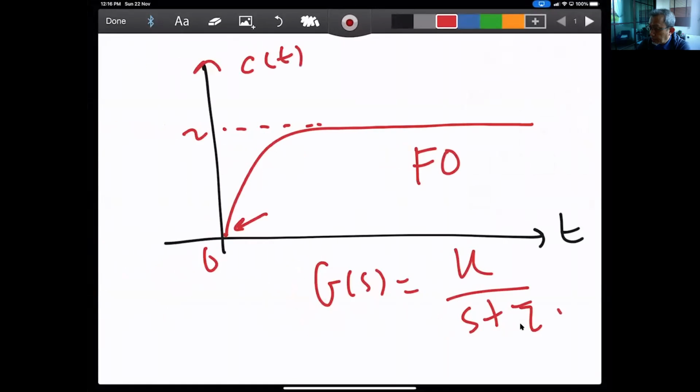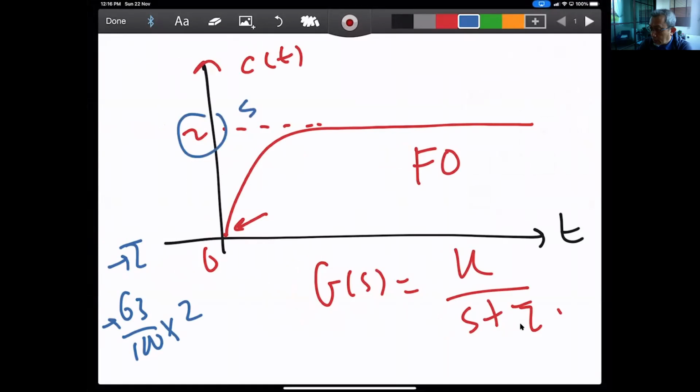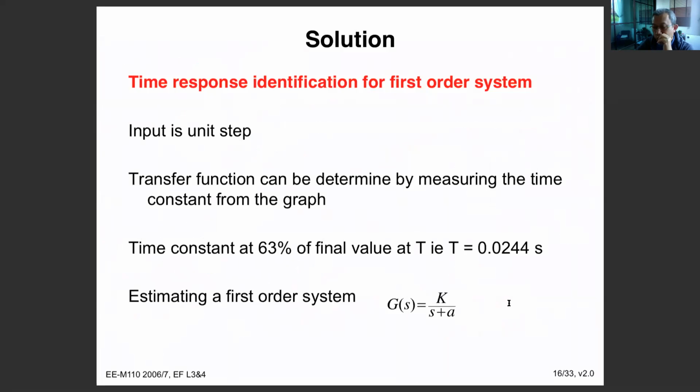Okay, yeah, so 63% is somewhere here, 63% for the time constant, multiplied by 2. 2 is the steady state value, right? So this one will give you the value, about berapa tadi? 0.0244 itu adalah time constant dia. Jadi kalau kita pakai calculator,